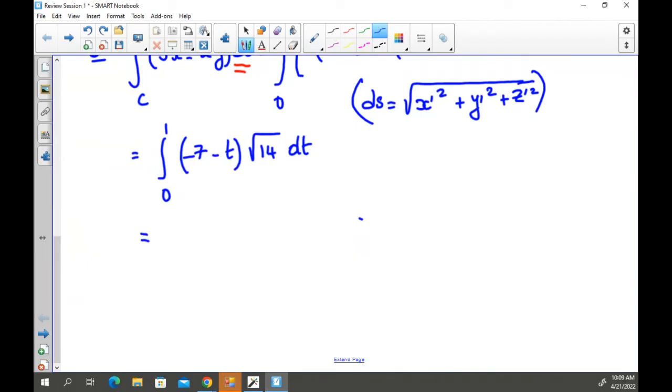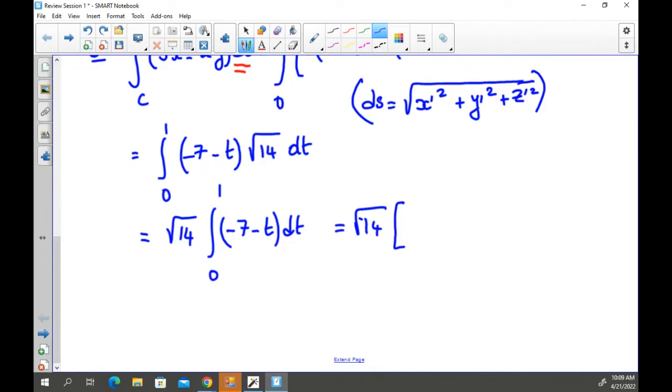And the square root of 14 is a constant. You can take it out of the integral, and then you will get the integral from 0 to 1 of minus 7 minus t dt. So square root of 14 times minus 7t minus t squared over 2 from 0 to 1,